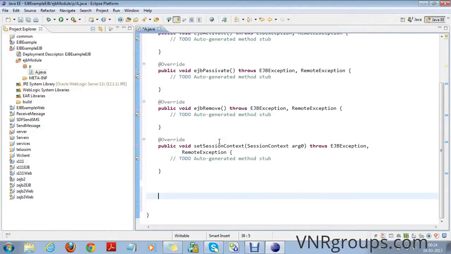And also we have to define one additional method in the session bean class, and that method is ejbCreate method.